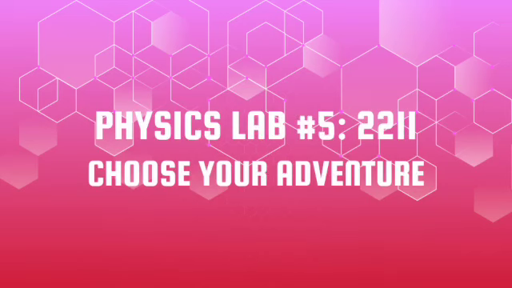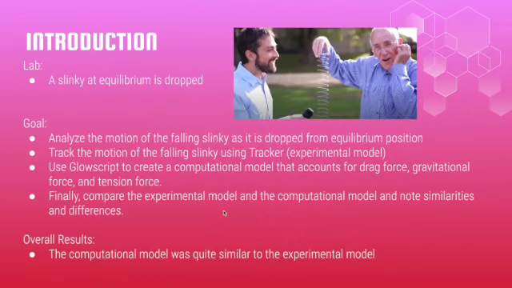This is Physics Lab number 5, Choose Your Own Adventure. A slinky at equilibrium is dropped. This is the video I chose to use. The goal was to analyze the motion of the falling slinky as it dropped from equilibrium position, track the motion